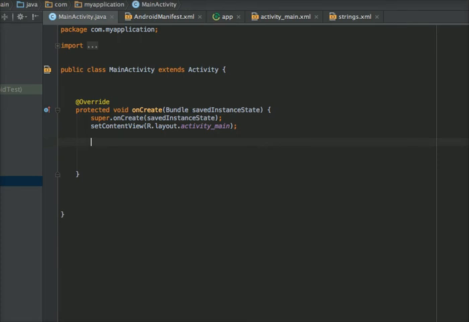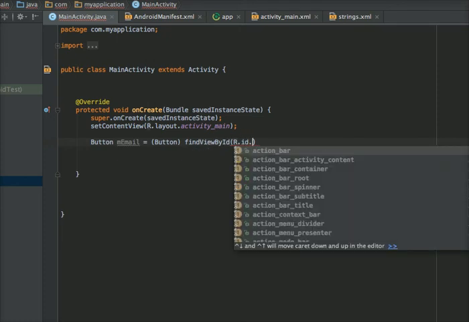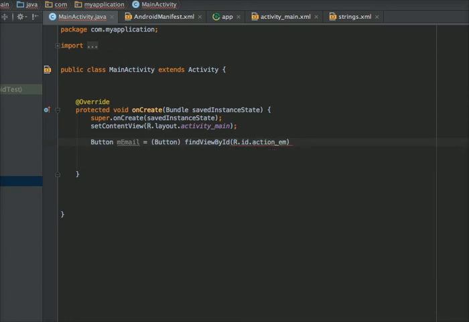Now open your activity file and create the reference of this button. Button mEmail equal to, typecast with Button and findViewById R.id.action_email.